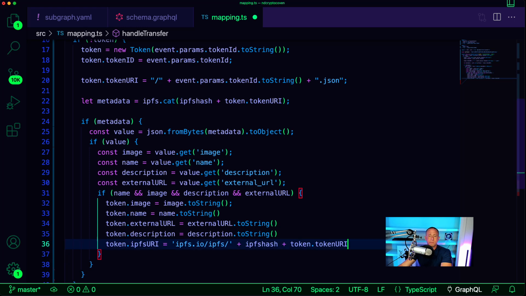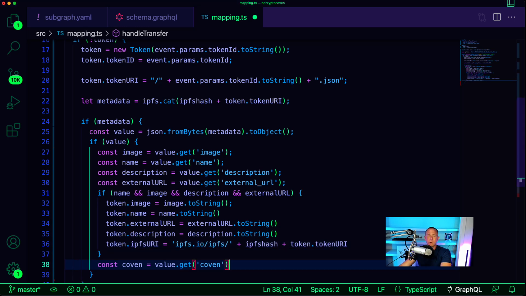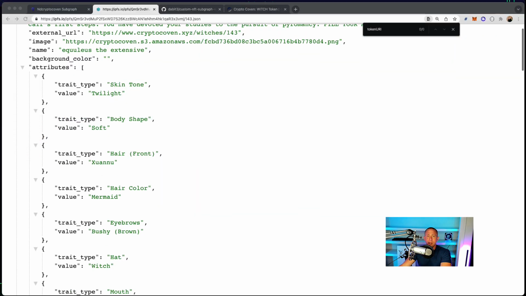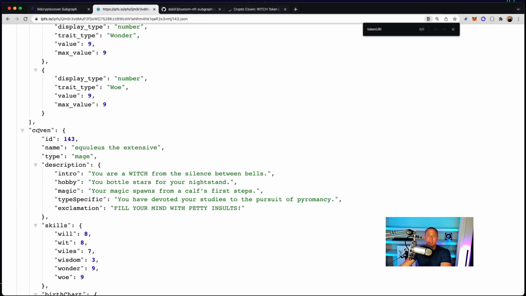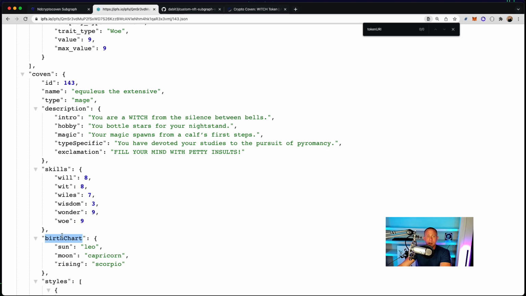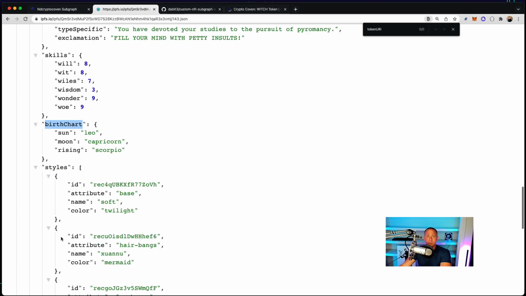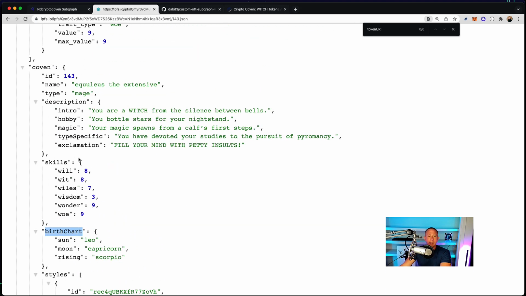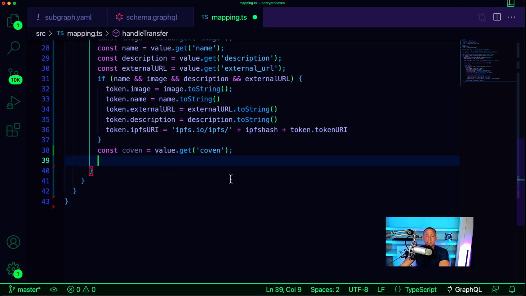So with those properties set, what we can now do is go ahead and get another property. The next thing we want to do is get the Coven property off of IPFS. So if I go here and I look at this information, we have this Coven property. And then we also want to get the birth chart, I believe. So we're going to go ahead and do that. And we also, I believe, are going to be getting the type. Okay, cool. So we have this const coven is value.getCoven, and we're going to say if coven,